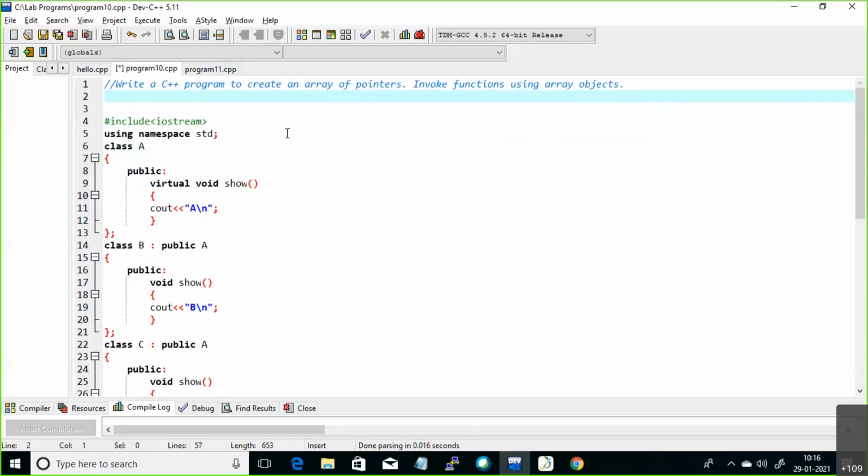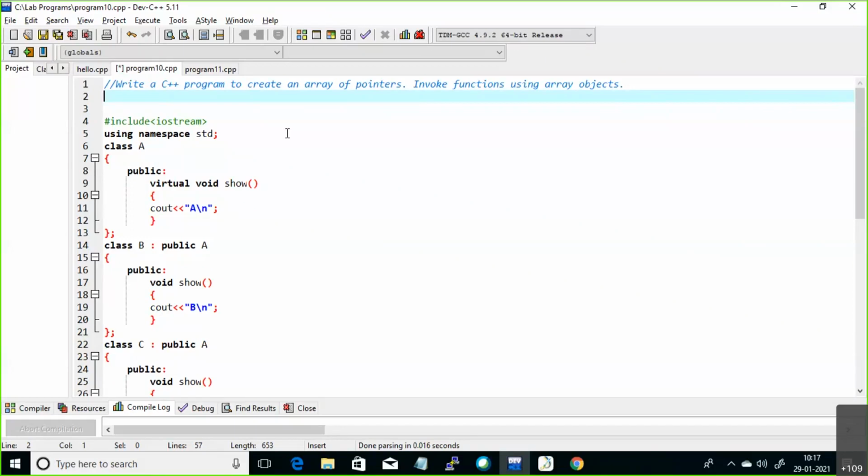Here, what I am going to do is create some classes. For those classes, I'm going to create pointers. For a class, you can declare one pointer, right? For example, if a base class is there, base star ptr means ptr is a base class pointer. Like that, you can create multiple pointers. All the pointers you are keeping under one single name, so that you can call it an array of pointers.